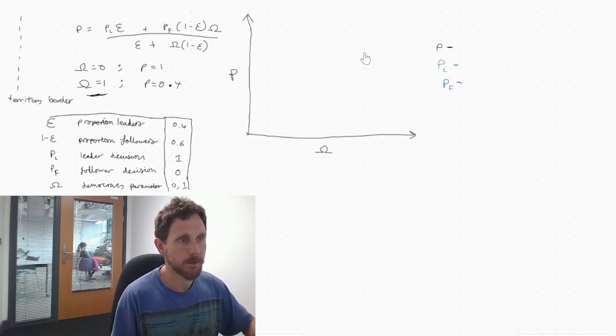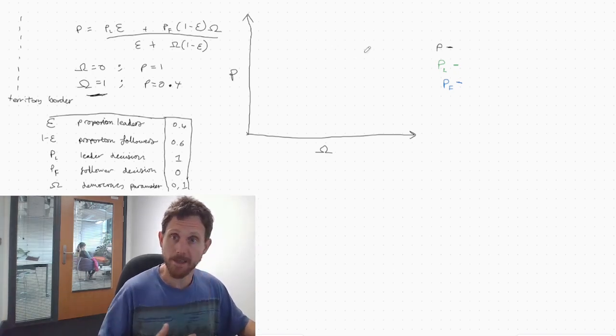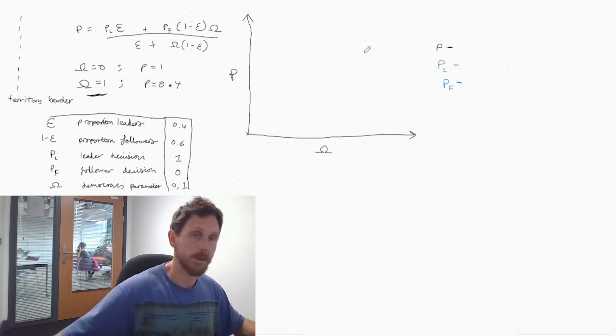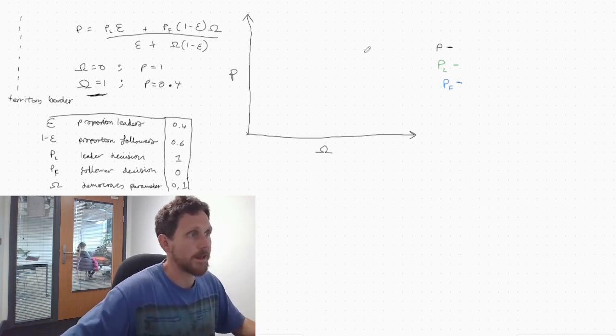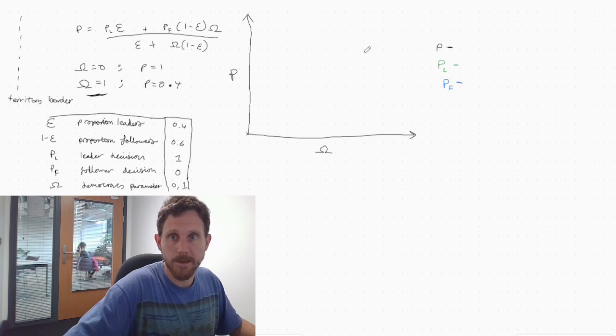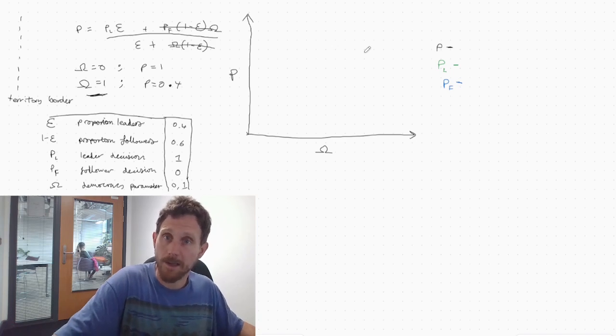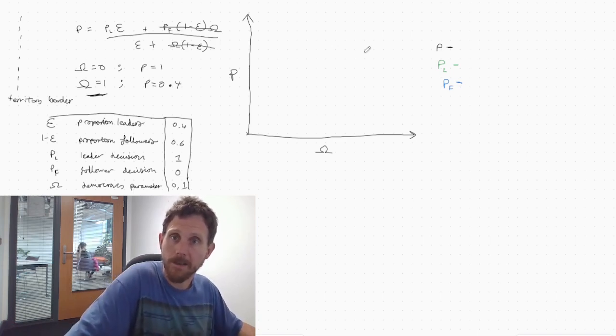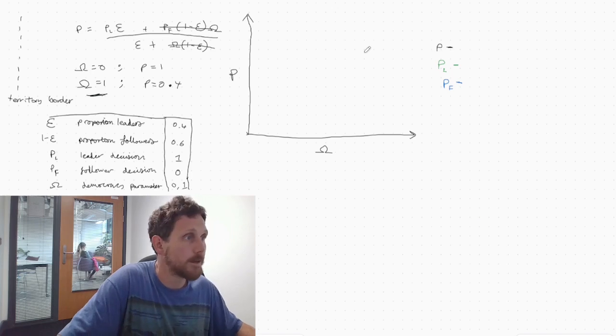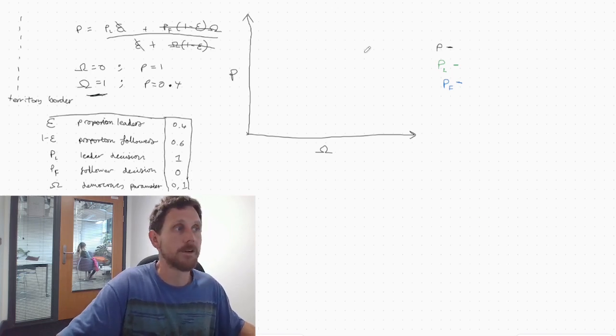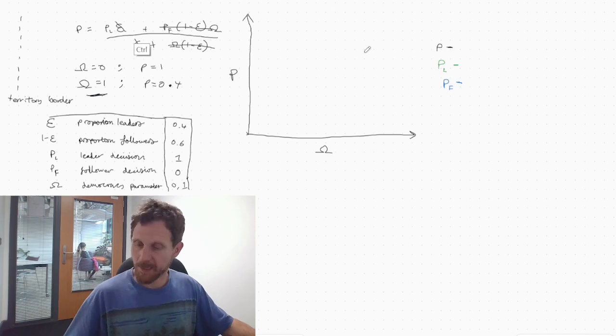So we've seen that when democracy was 0, in our numerical example, P was equal to 1, which was PL. That's because PL, when democracy score is 0, if we look at the top left now, this term disappears because 0 times anything is 0. Likewise for this, we're left with PL epsilon over epsilon. Epsilon divided by itself cancels out, and P is equal to PL.